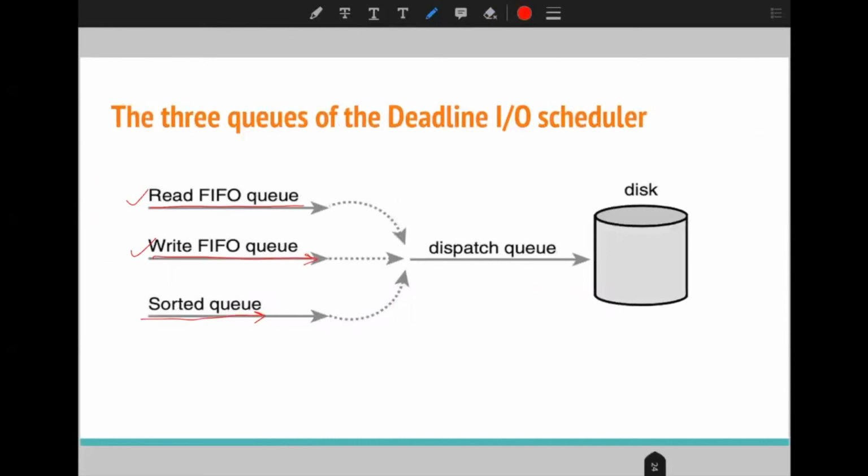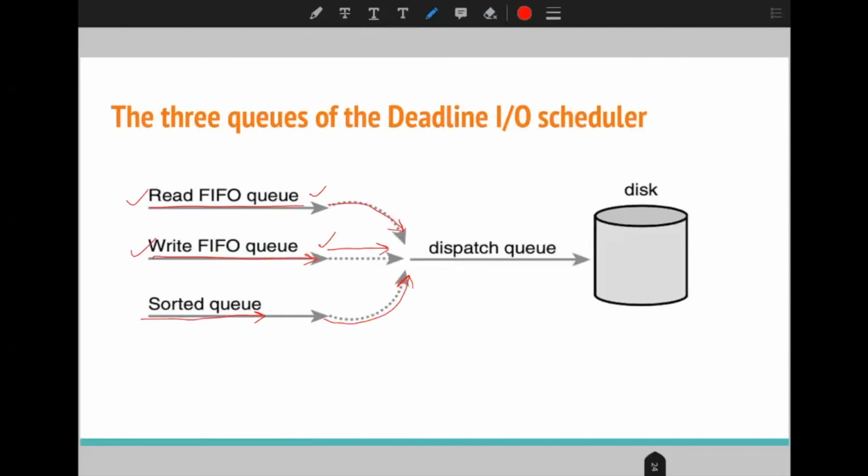So it will try to fulfill the requests one by one from this sorted queue, and once it detects that the expiration time of some read or write request has expired, then after that it will continue scheduling the requests from these queues.